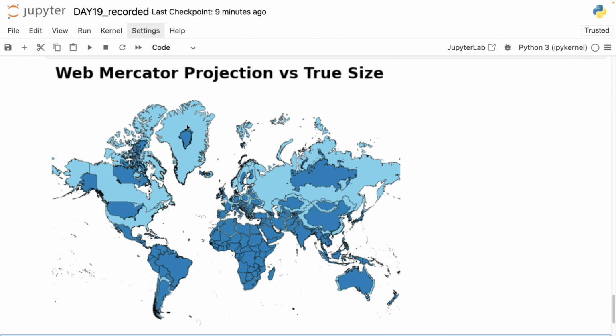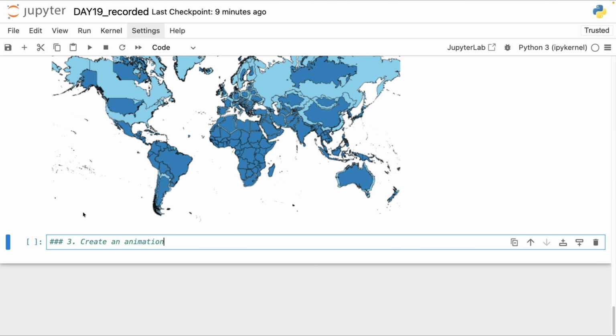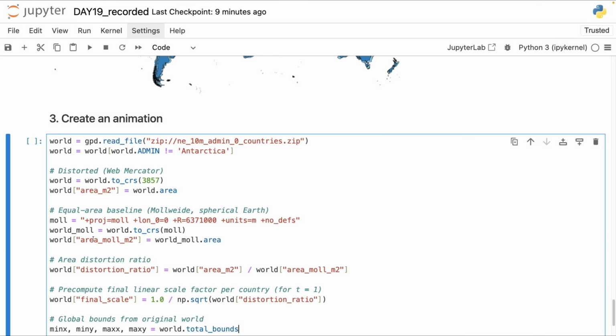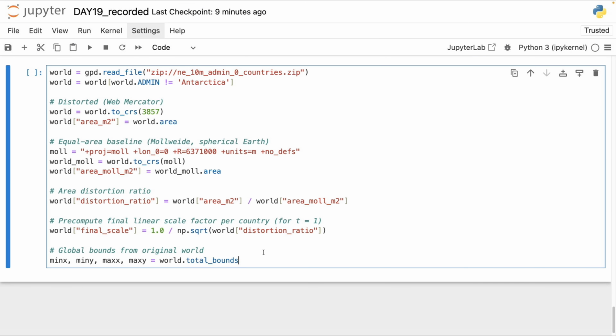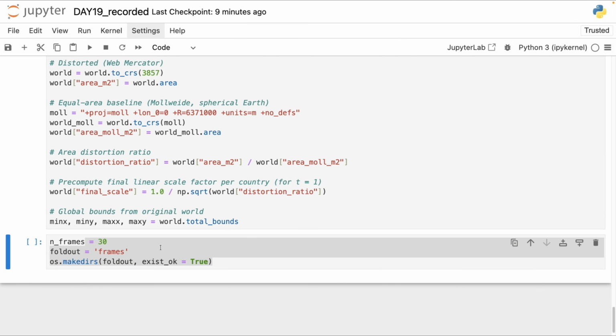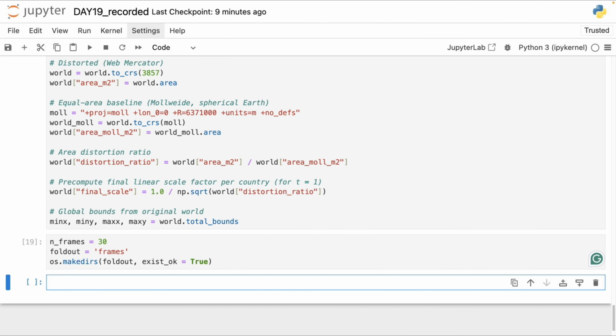Now what we have left to do is to create an animation which will turn one map into another. Also here with the coloring, I am still following the original inspiration, but later on we will move on to my personal touch. But first let's create the animation. To make sure that we have everything in order, I will copy all the previous data parsing and preparation steps here as well. Then I define a folder for the frames, and then we will create a for loop which